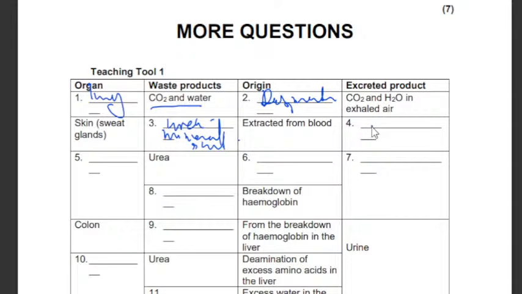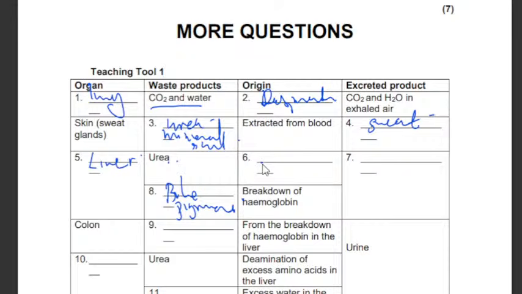The product definitely comes as sweat. You'll study this in grade 12 more. Then you have urea. Urea can be obtained in the liver. Yes, in the liver. And then it can be urea or bile pigment. And then here in number 6 you have